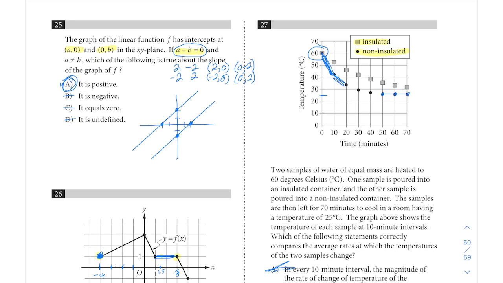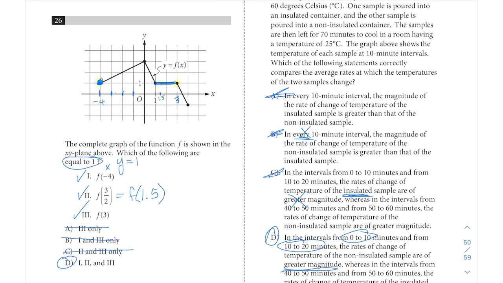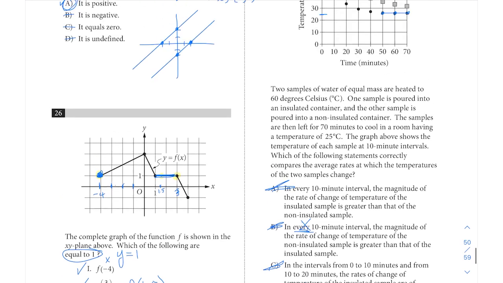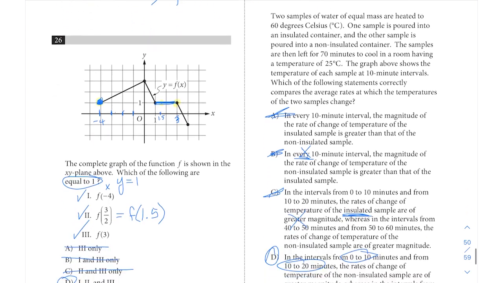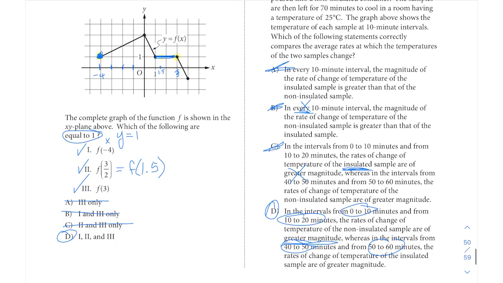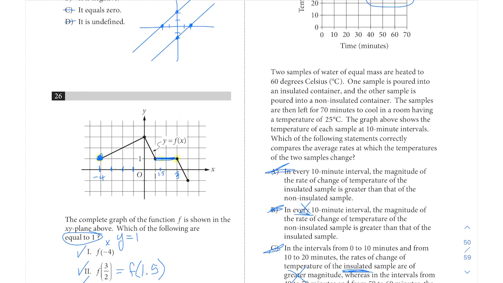The magnitude of the change, non-insulated, you can see has a much faster drop-off in those first couple of time intervals than the insulated does. And then for the latter part of answer choice D, the intervals from 40 to 50 and 50 to 60, the rates of change of temperature of insulated are greater. And that's what we talked about in here. These last couple of intervals, we see basically no change for the non-insulated. And so that's where we get a